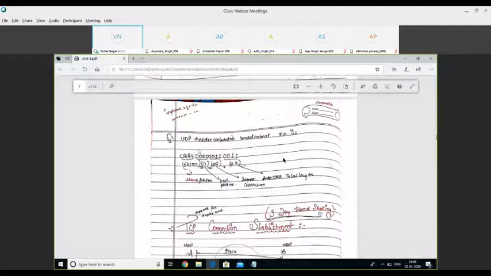Similar to the previous one, we have got one UDP item. Because this is a hexadecimal number, we have converted this hexadecimal into binary, to have a better understanding.